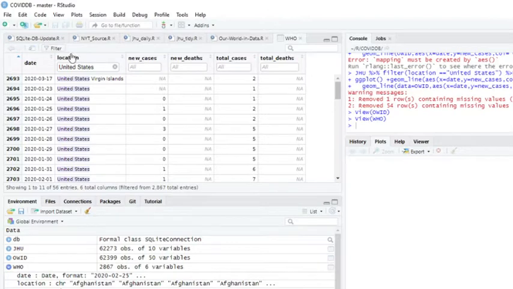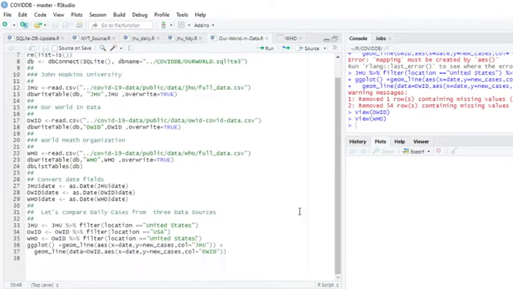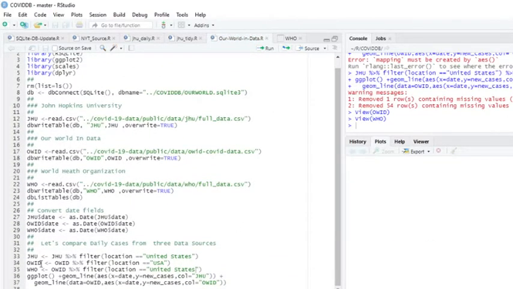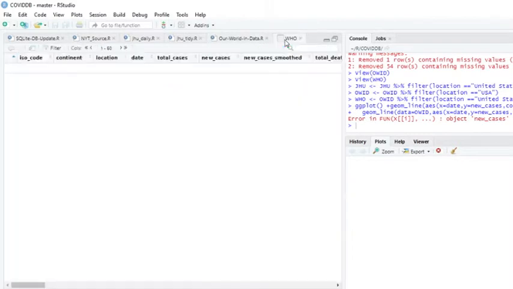WHO is also United States. So what are we going to be comparing? Let's just try this now and see what happens. New cases, WHO.